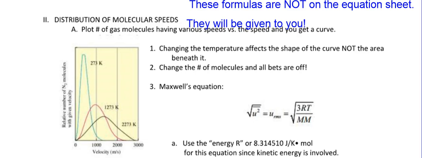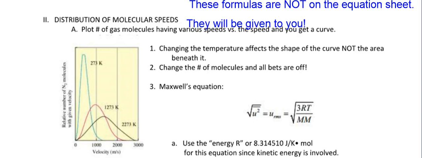Okay, so it says changing the temperature affects the shape of the curve, not the area underneath it. So if you were to analyze it using some calculus and do the area under the curve, you'd notice that each of these curves has the same exact area. That's going to be consistent throughout here. If the number of molecules changes, then all bets are off. I mean, if I have 100 molecules in the first curve at 273 and 500 molecules in another,